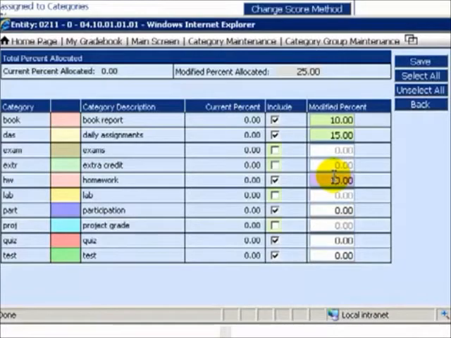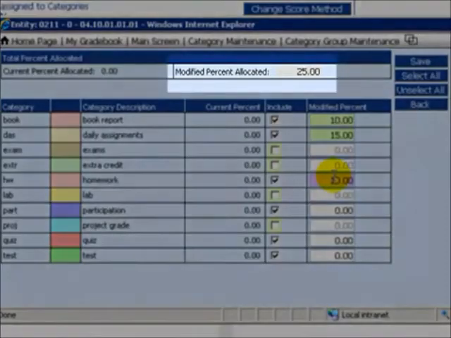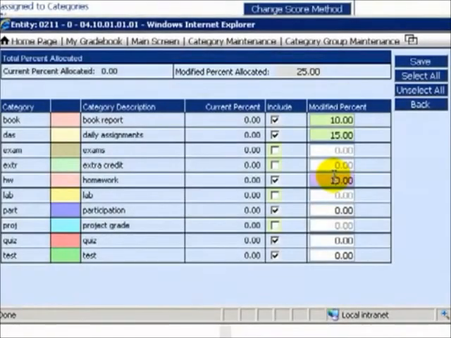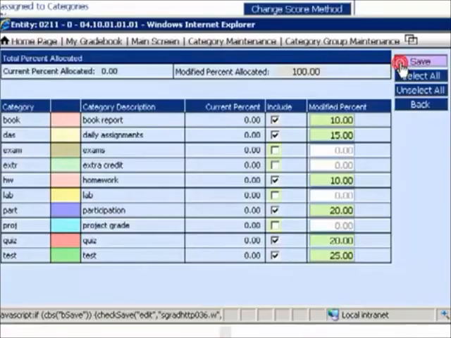If you notice at the top of this screen, there's a calculator that calculates how much percent you have allocated for these categories. You want this number to equal 100%. My participation grade will count 20%. My quiz category will count for 20%, and tests will account for 25%. My total equals 100%, so I have what I needed to achieve to proceed. I will then save,